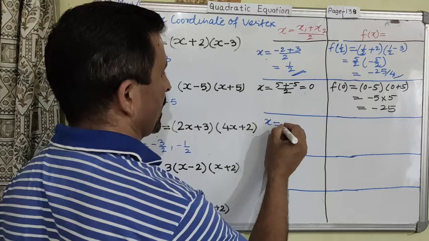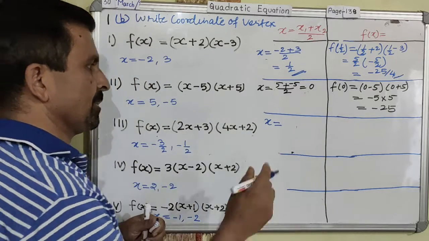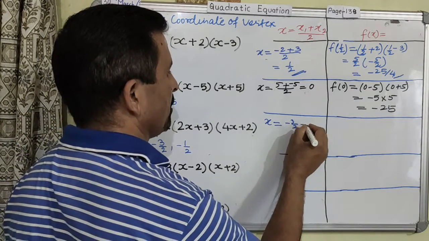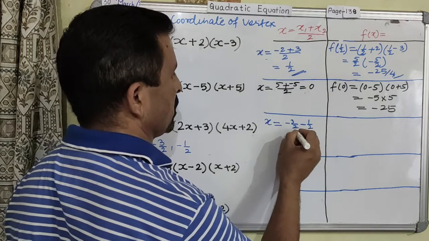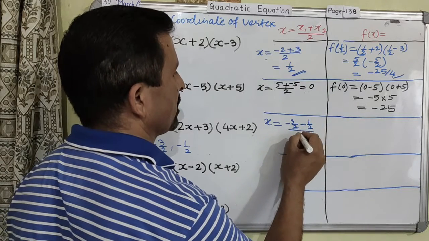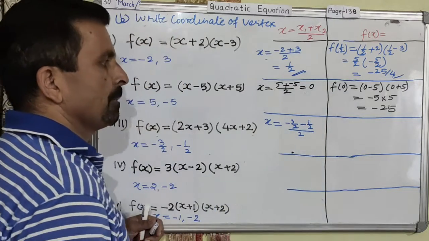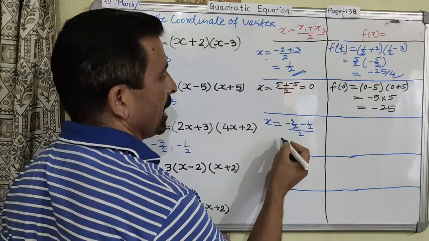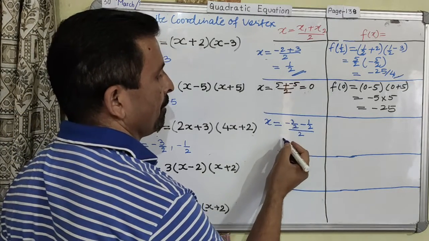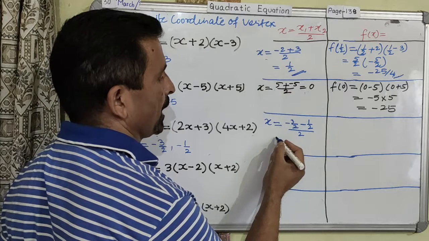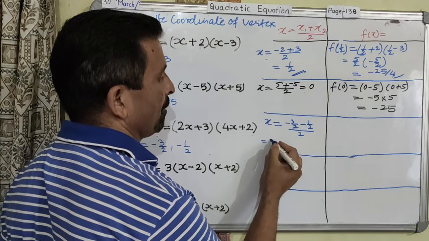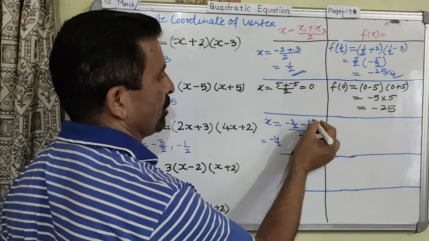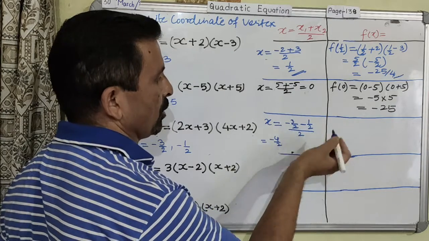X will be now this plus this divided by 2. So minus 3 over 2 minus 1 over 2, divided by 2. Right? When you simplify this, the numerator part will give you minus 4 over 2, and this 2 will go